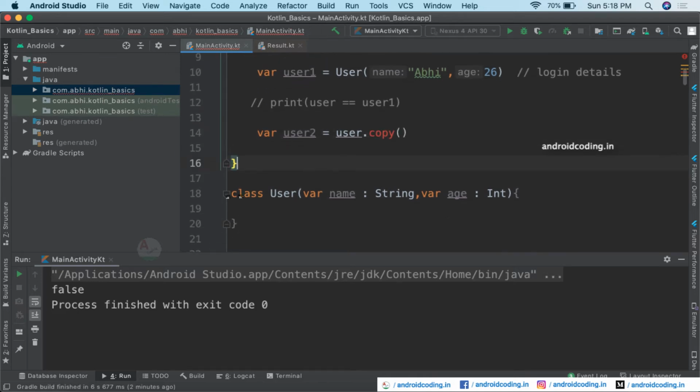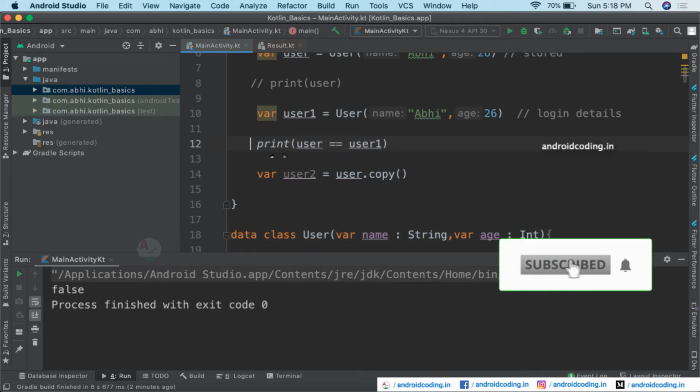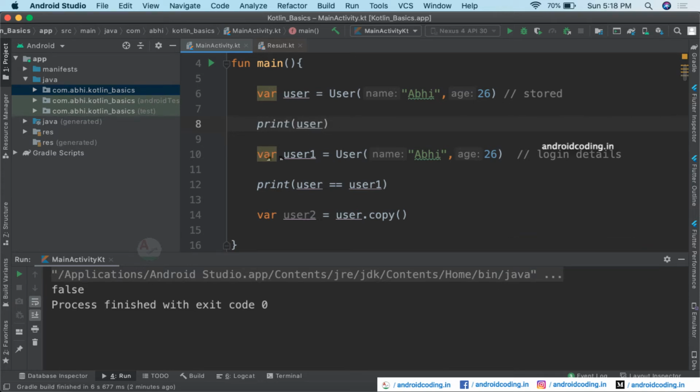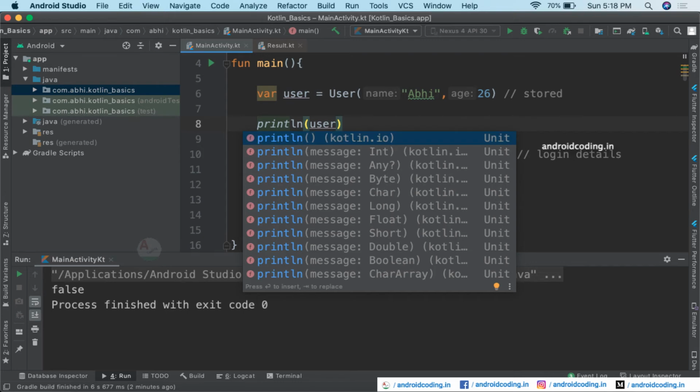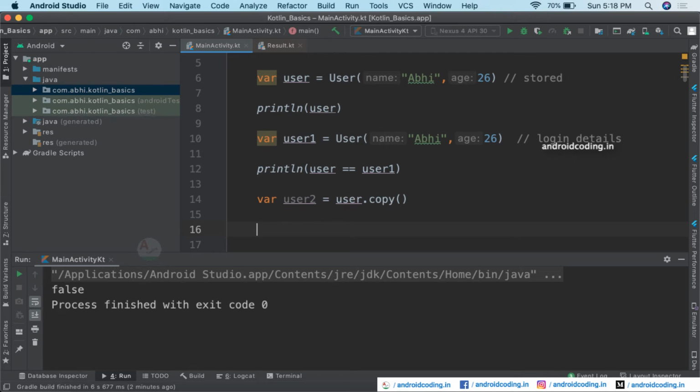And the solution for this is, here you can just provide data before the class. So this particular keyword will make our current class a data class now. So here you can see we are getting the option of copy here, and now let us try to check this print option as well, and now let us try to print the user as well. So let us try to see these three scenarios and we'll get to a conclusion on how this data class works. And now let us try to print user2 as well. So we will be running the code and trying to see the three outputs we are getting now.